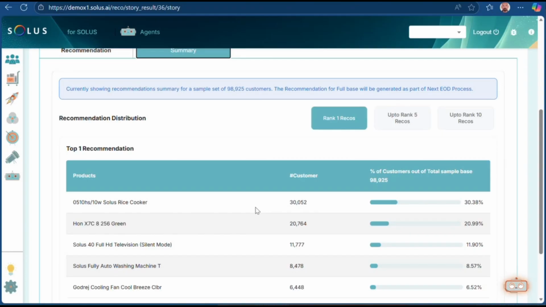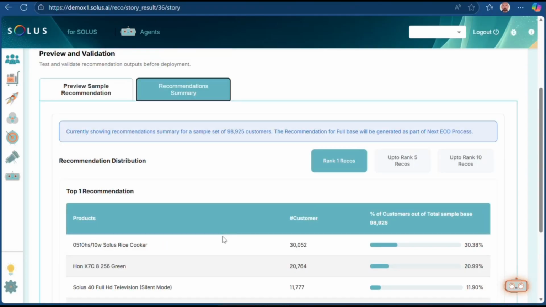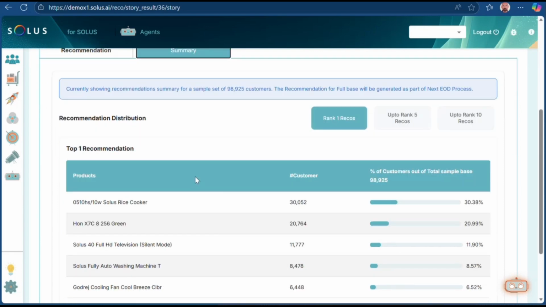So their lookalikes end up being very similar. And because of that, the things that you recommend to them end up being very similar. So you do expect a certain amount of skew. And skew is a good thing. Okay, you don't want extreme skew where everybody is getting the same thing, but you also don't want no skew where everybody is getting very different things. That's the exploration versus exploitation trade-off that you want to manage.